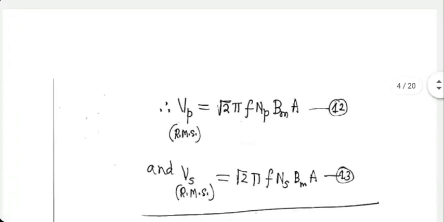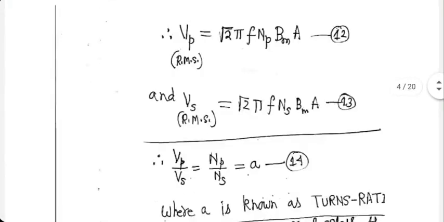These are called EMF equations. Although I am using the terms V rather than E, these are ideal cases. These are the EMFs generated in primary and secondary, RMS values. By the way, pi multiplied by square root of 2, I think, is around 4.4 something. We'll see that later. Some books give that number rather than square root of 2 multiplied by pi. So it's not a big issue. Either you use this equation or that number, 4.43 something.